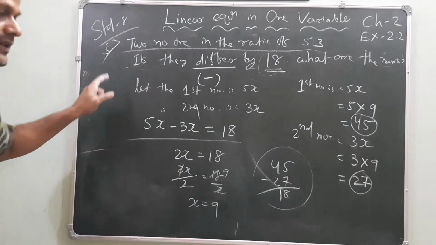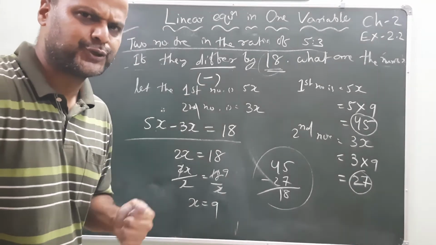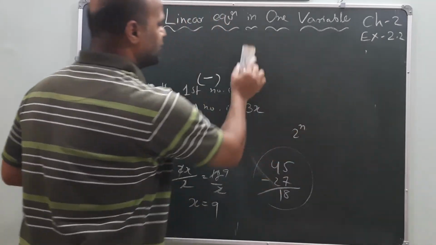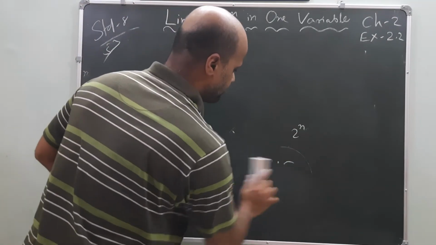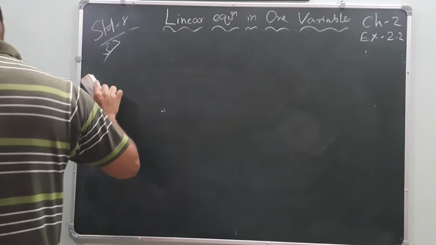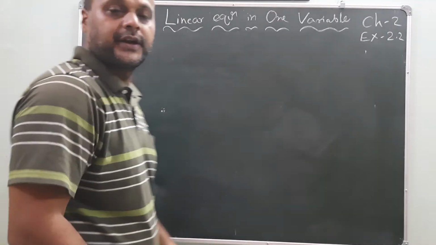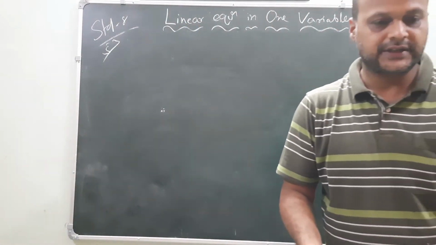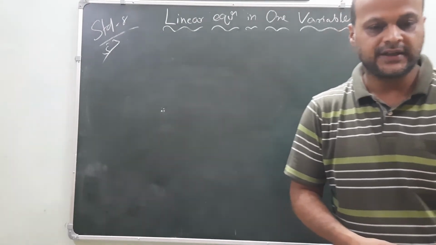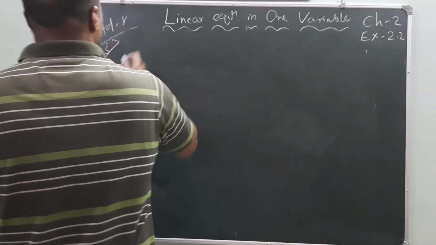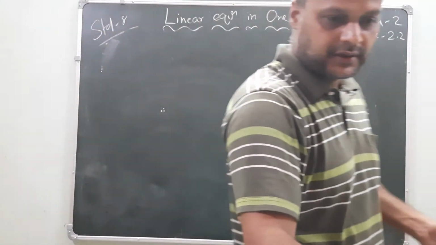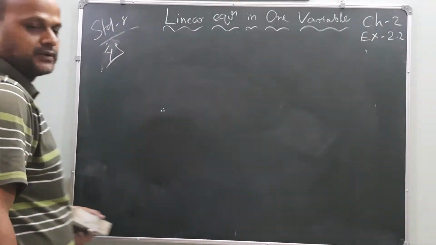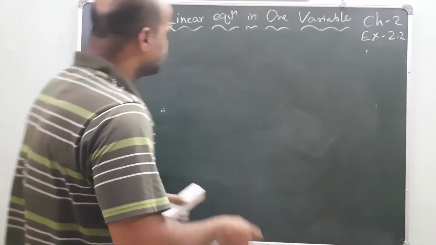That was the fifth question. Now let's go to the other one. Yes, we can do it. Let's go. Okay, the next question is saying the sum of consecutive numbers, we did it. So next, the sum of two numbers is 95. Which question is it? It is the fourth one. What is given? It's saying that the sum of two numbers is 95.